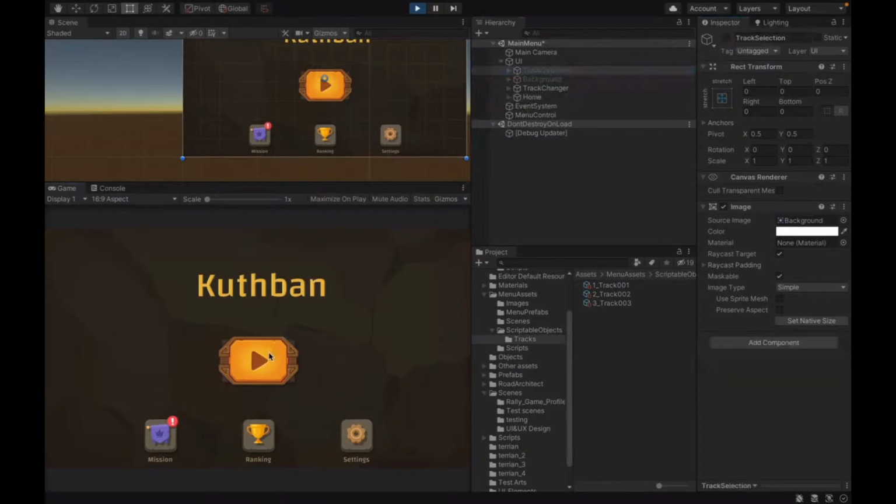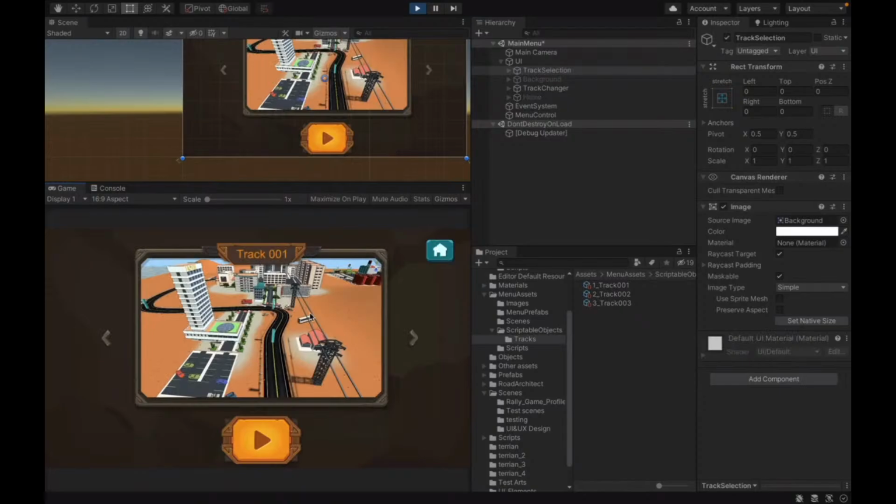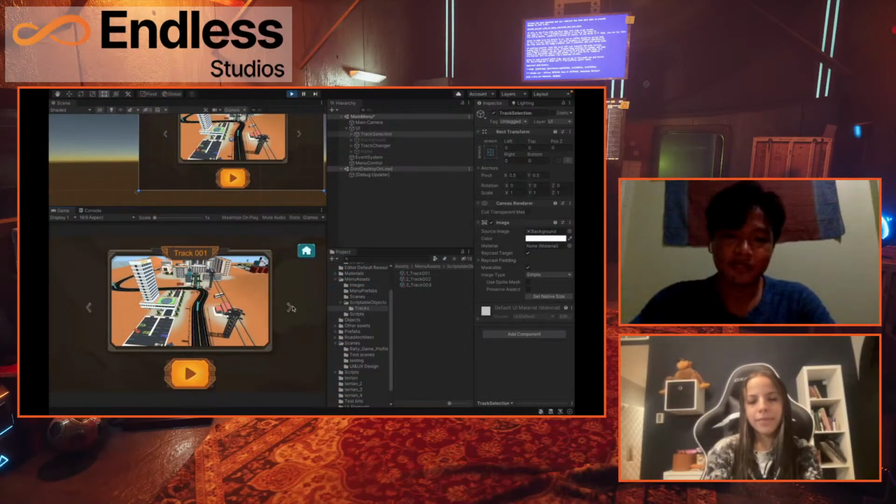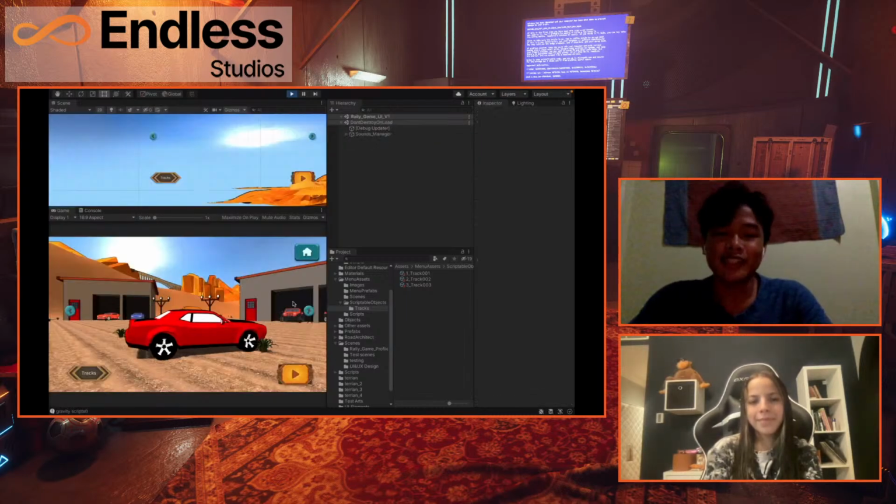So you can just click play. And then let's choose this track because this is the scene that we have. For now, only the first one is working, but later on it will be implemented